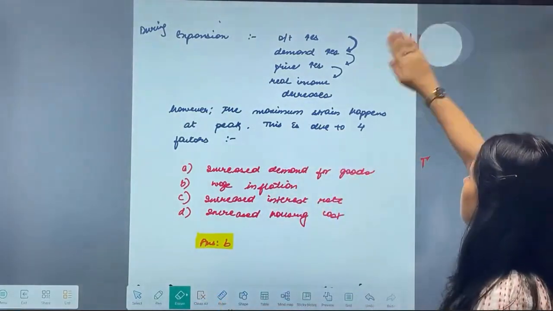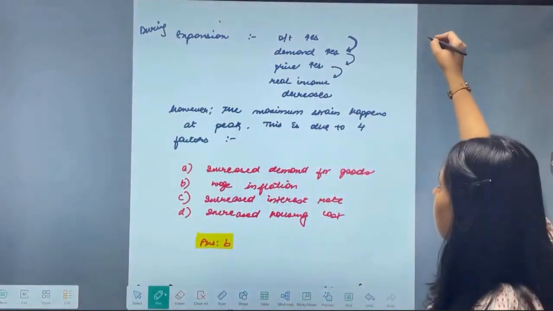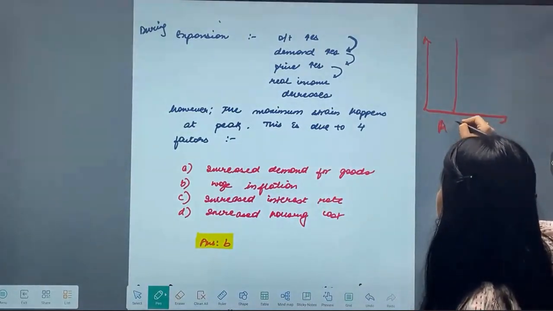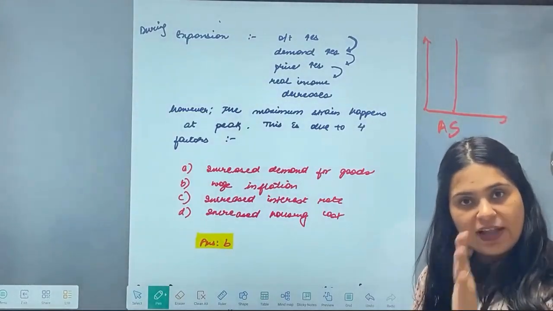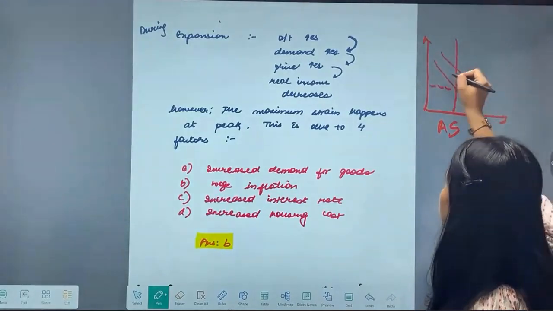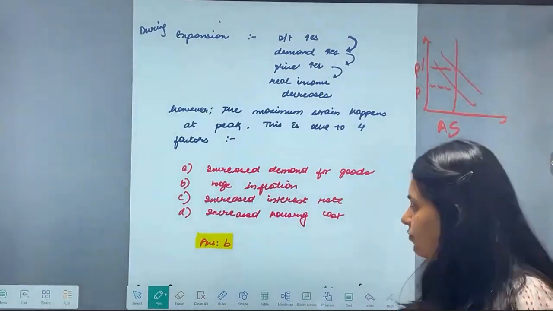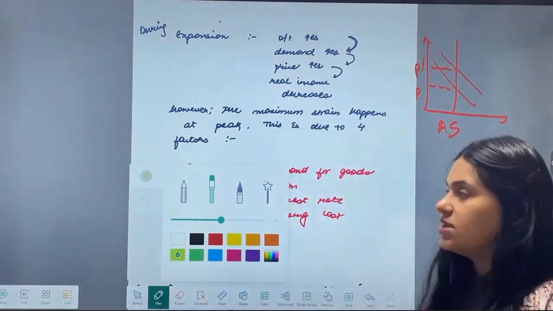When in my economy I am at my maximum output, so ma'am, what will happen here is my AS curve will become vertical. My supply is fixed. I am at full employment level. So in that case, whenever you increase demand, it will increase price more. देखो, if my AS curve would have been upward sloping, the usual AS curve, मतलब ये,